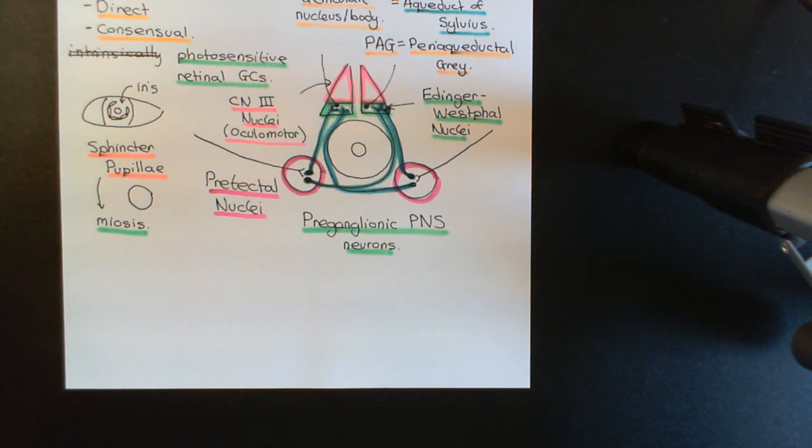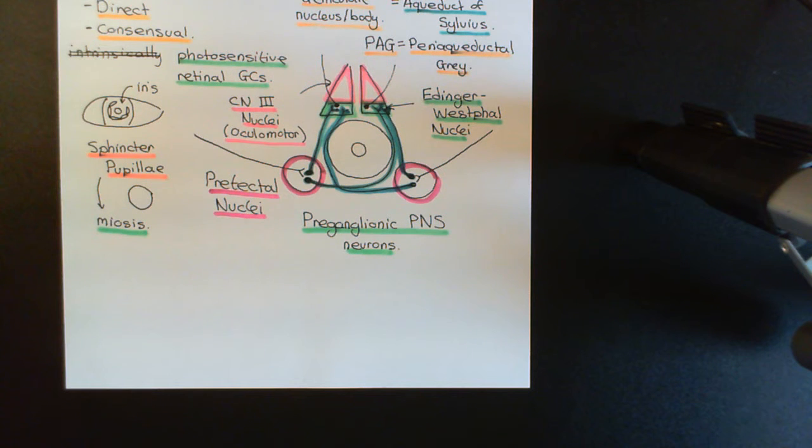Welcome back to this next video in which we are discussing the visual system. Okay, so we've now discussed the central neural pathways that underlie the pupillary light reflex, and we've seen that they involve the medial route of the optic tract. So we've seen that the medial route of the optic tract is going to carry the axons from these photosensitive